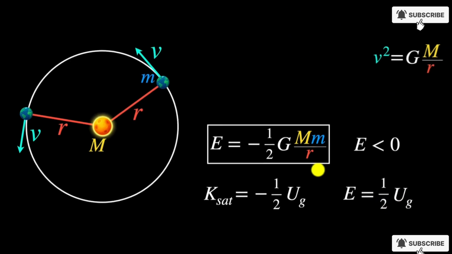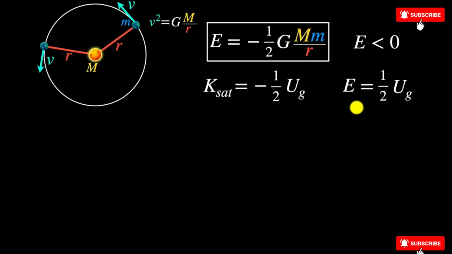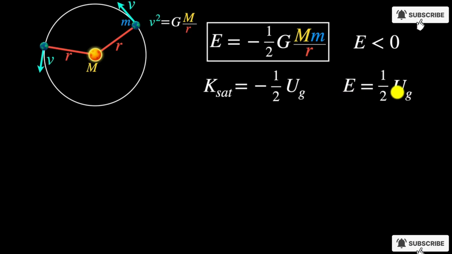At this point, we might have even more questions. So again, let's clean this up a little more. The first question we're going to be having is, how can total energy be half of potential energy? Shouldn't it be more than potential energy? Because total energy is potential energy plus kinetic. So how can it be half of potential energy? Well, remember both these are negative. If the potential energy was -2 units, for example, the total energy would be -1 unit. -1 is bigger than -2. So the total energy is always bigger than the potential energy.